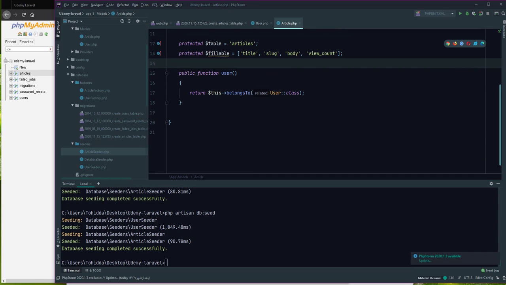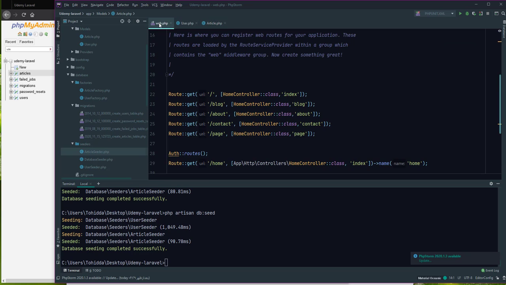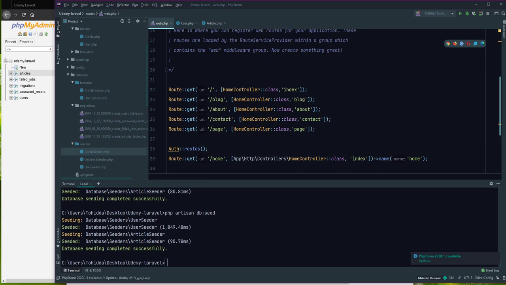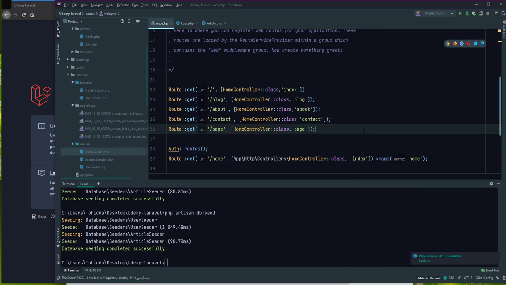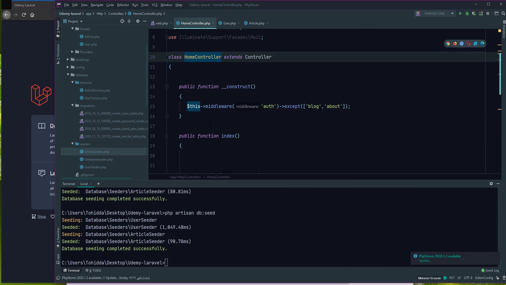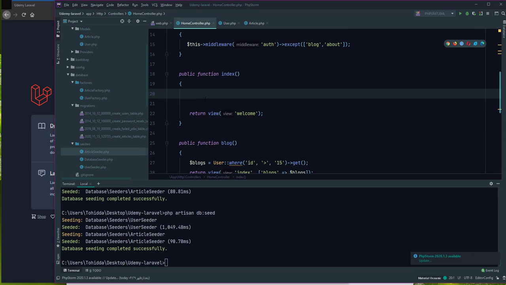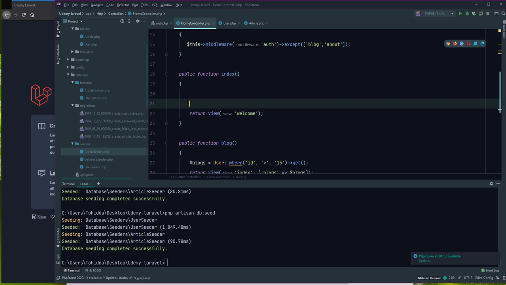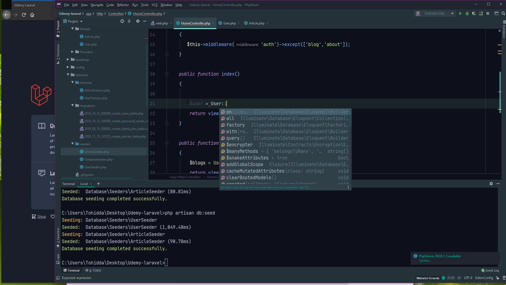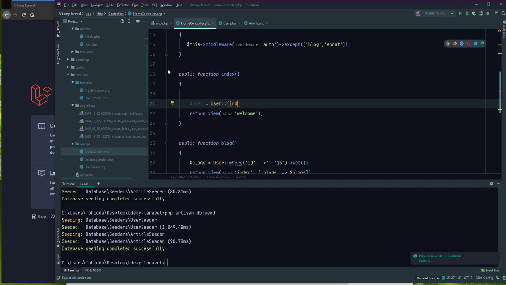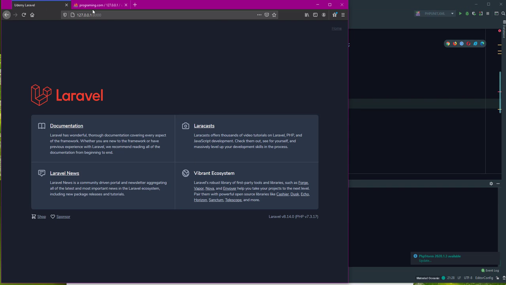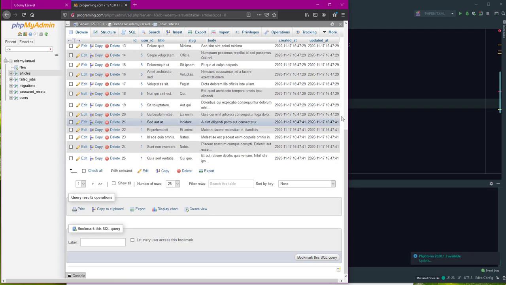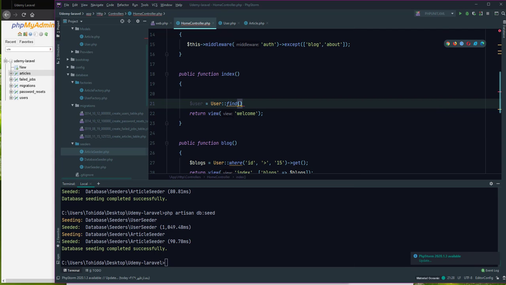We create a new relation between article and user. To access the data in home, open home controller in index. To access this data, we can use $user and find user 1. Okay, find user 1